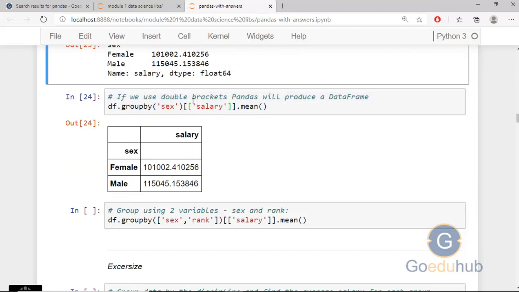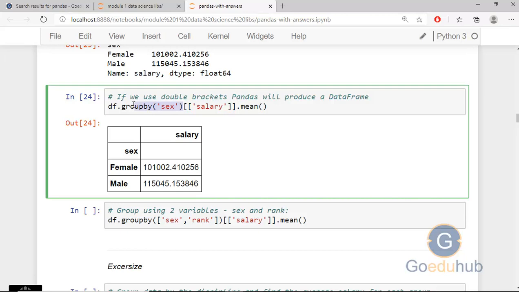Like I have done it in a single step, you can also store the groupby in a variable, then using that variable you can access a particular column, and then apply the mean function. You can do it in steps, or you can do it in a single line. So this is very simple. We can extract our results of interest within a very small line of code.